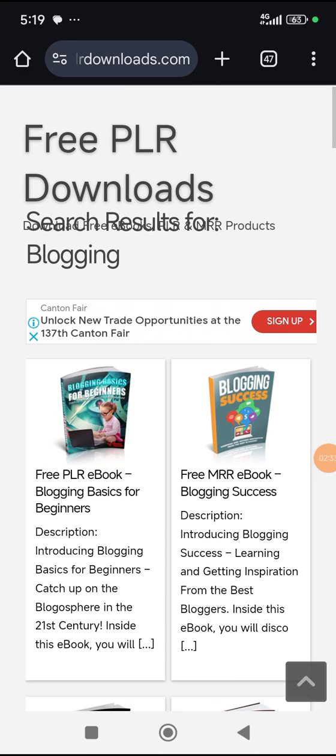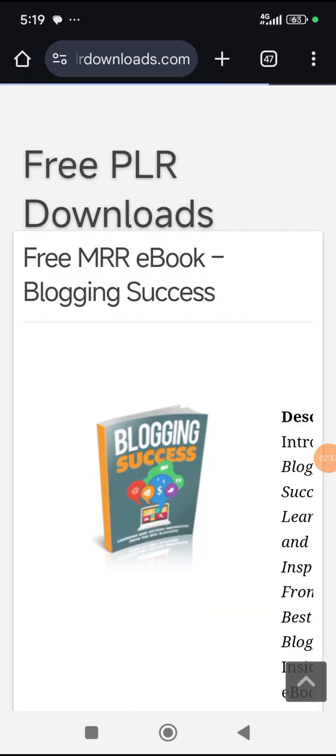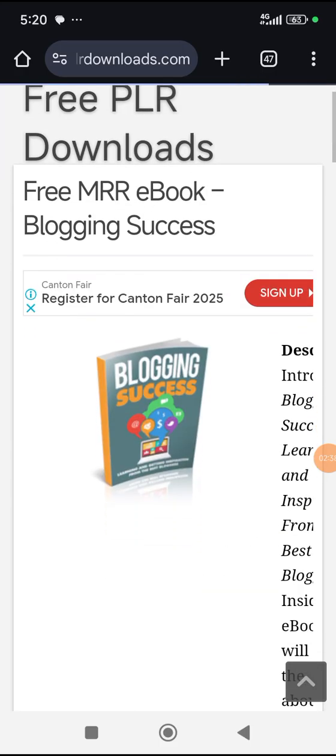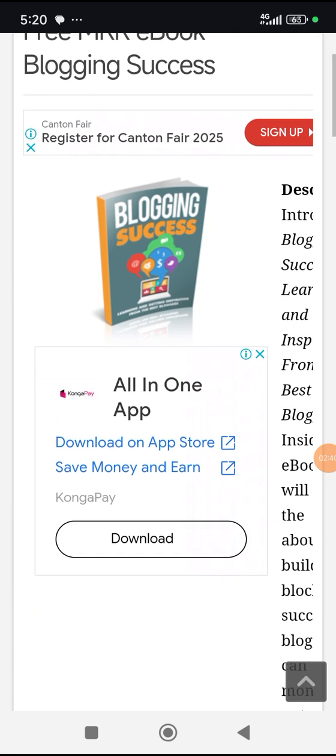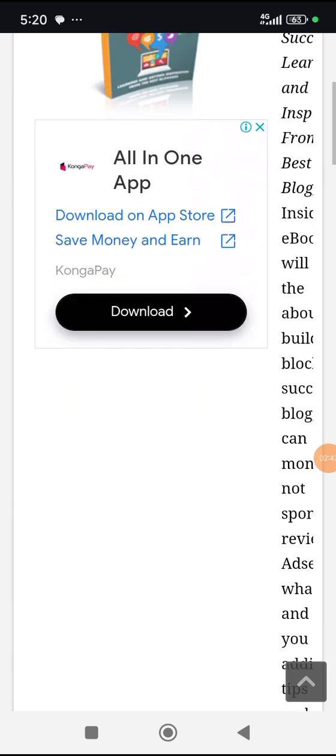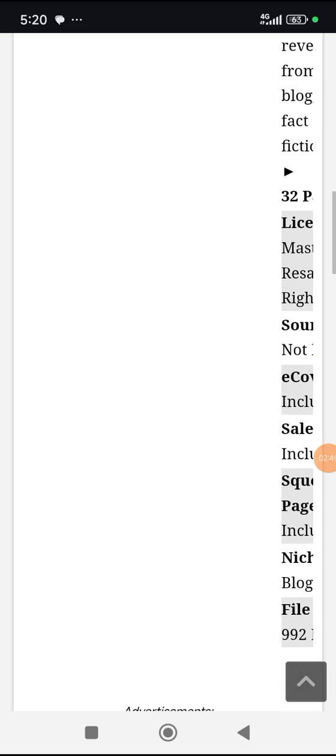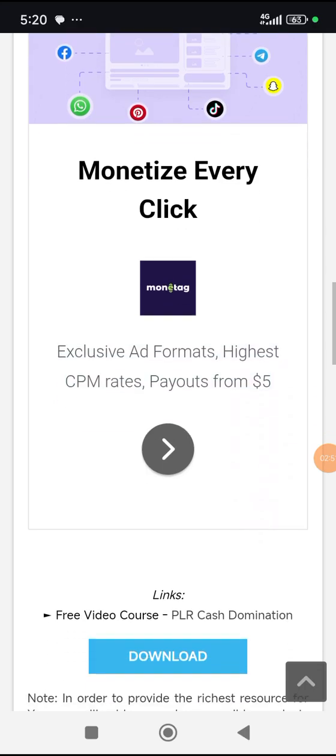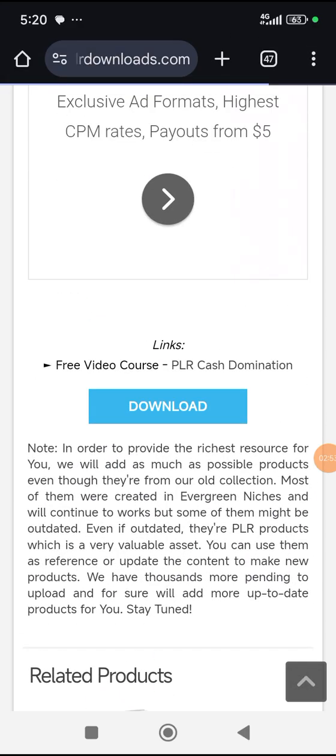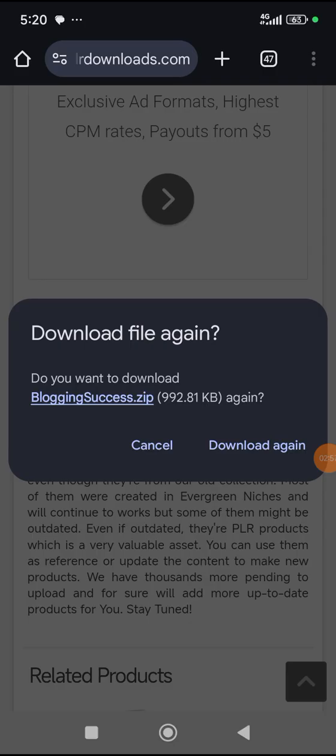Okay, now here it will bring you to an interface like this. Like I told you earlier that you won't be able to see the description of this book, but all the products here are actually very good, so you don't have to bother about the description. So what you have to do now is to scroll downward on your screen and you will see where it says download. All right, so you can tap on download.